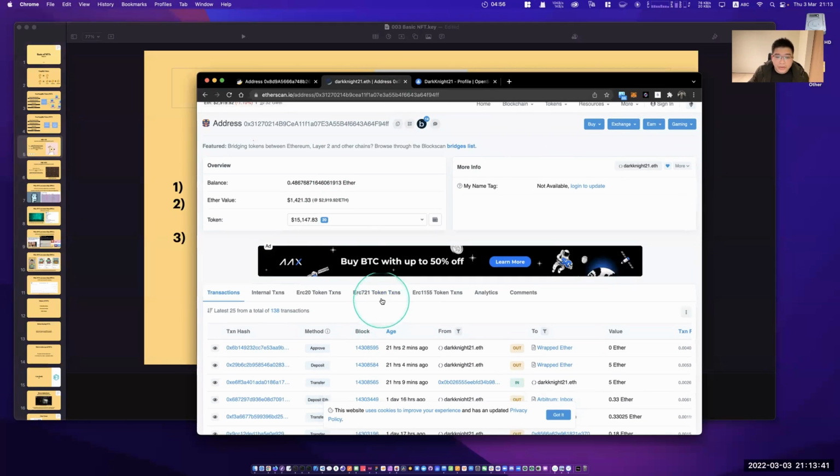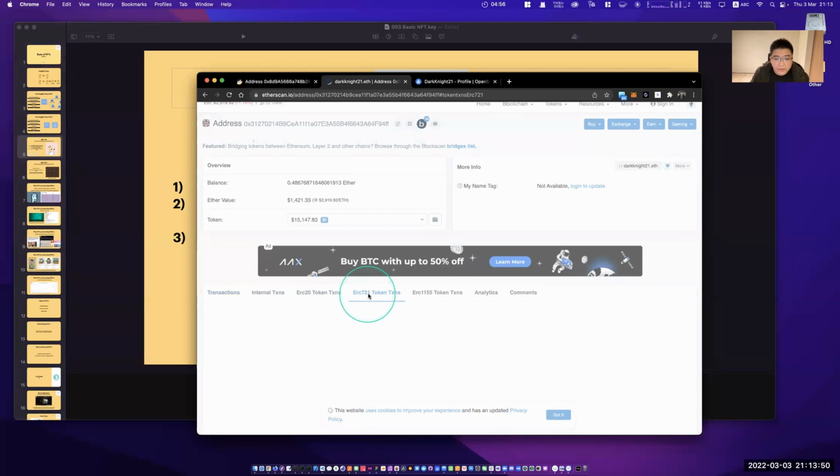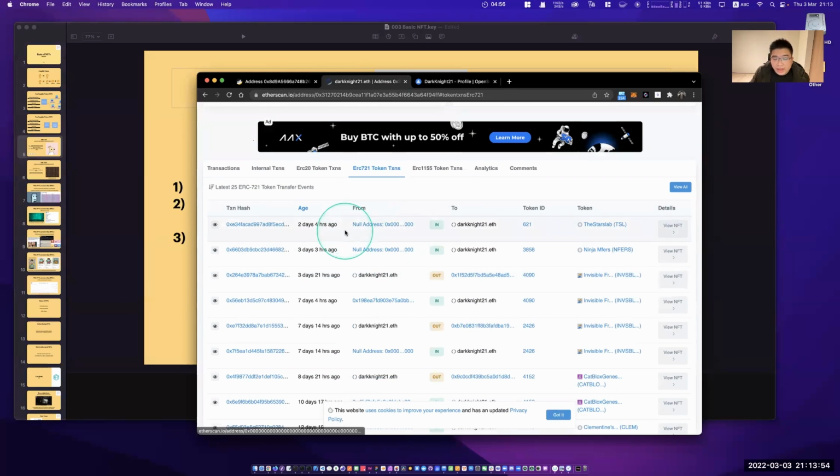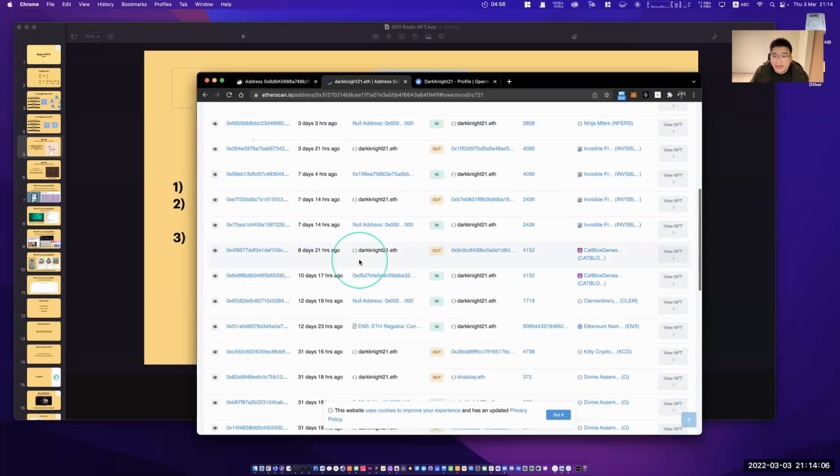you can see this one, right? That token transfers, ERC 721, this is for the NFT. So it will record everything in the blockchain: how you earned it, what kind of NFT you have, and what time you got it. It won't change.